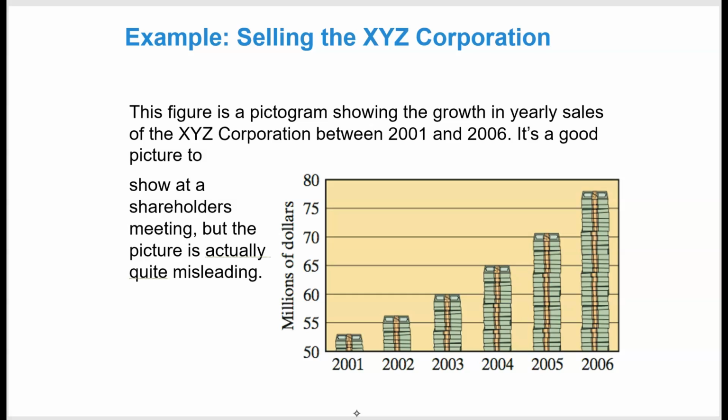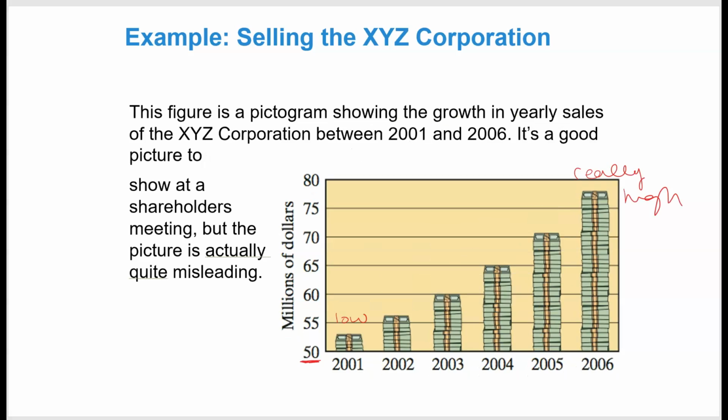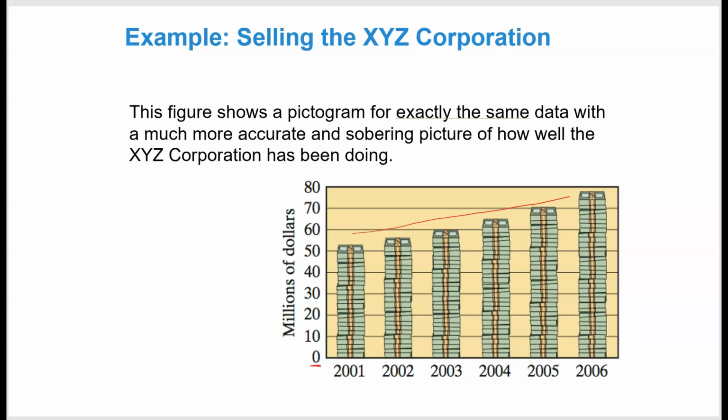So let's take a peek here. If we are looking at this, we see that it's showing between 2001 and 2006. And to me, it looks like they really increased a lot. It looks low and then really high. But if you actually look, they started this scale at 50. What happens when you start the scale at 0? Does it look as big of an increase? Let's go back here. This looks like a pretty sharp increase, whereas this looks like more of a steady increase. So the fact is you really want to make sure, if you don't want to mislead, that you start